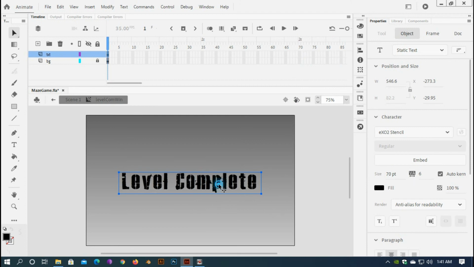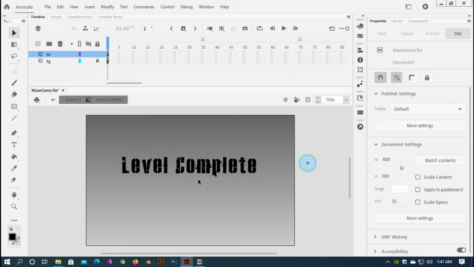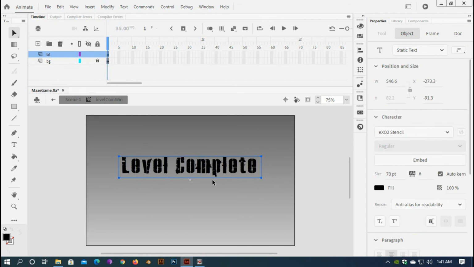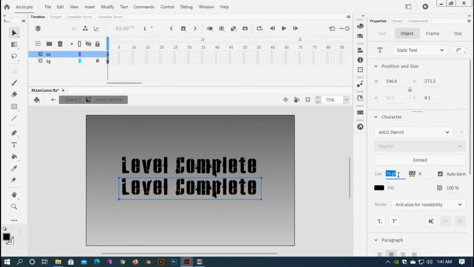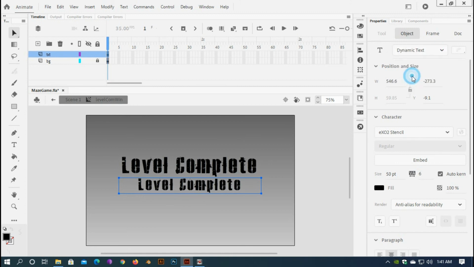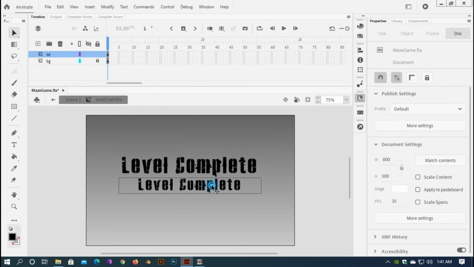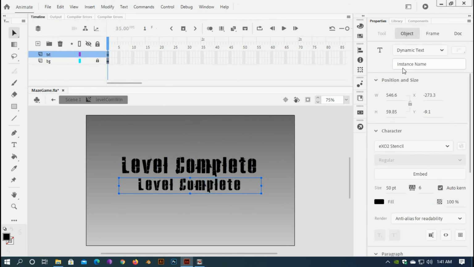70 will be better, I think, and it will do for me. Then copy this one again, paste it, drag it below and change the size to 50, and then make it dynamic text and give an instance name to the dynamic text, saying game point underscore txt,